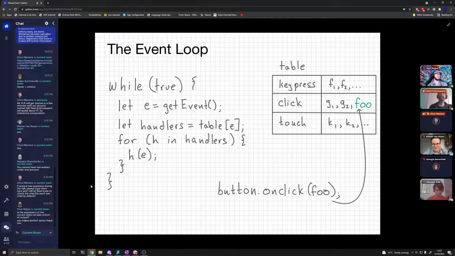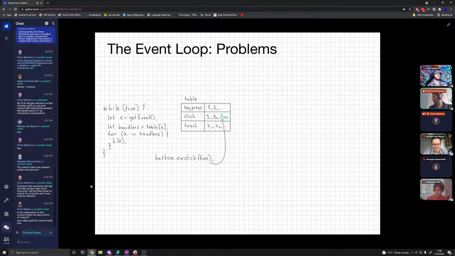Unlike a state transition function that says when I see this input in my current state, I transition, the state update that we do is mediated by an indirection. Foo is a handler, a piece of code that you store in this table, and when the event arrives, you dynamically look up which bits of code to run. This is a massive gain in flexibility.